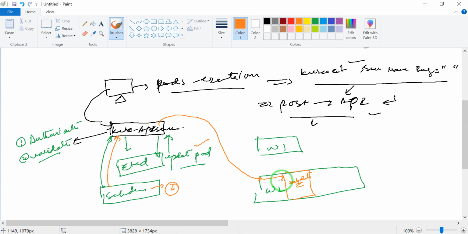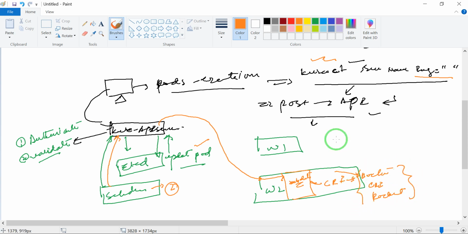It tells the kubelet to run the pod which you have requested, that you have requested me to create this pod. You have to create that pod in your node. Once that is done, the kubelet will talk to the CRI, the container runtime interface, so it may be Docker or CRI-O or Rocket. So it will be assigned to that. You have to create that pod in the system.